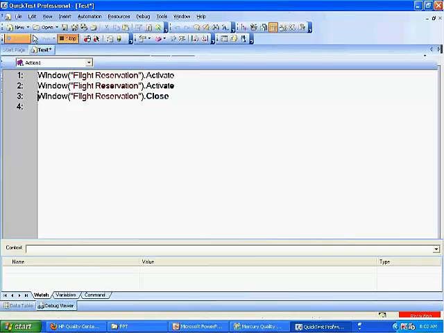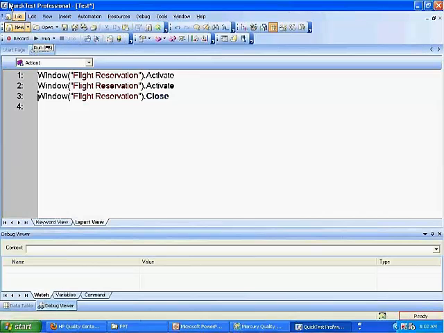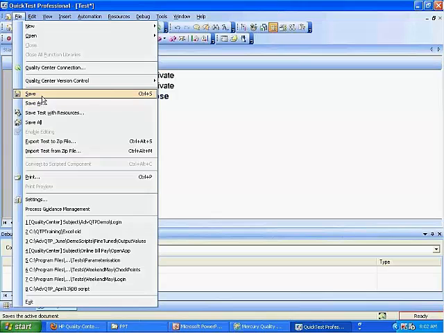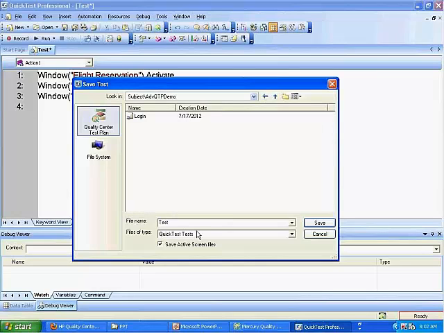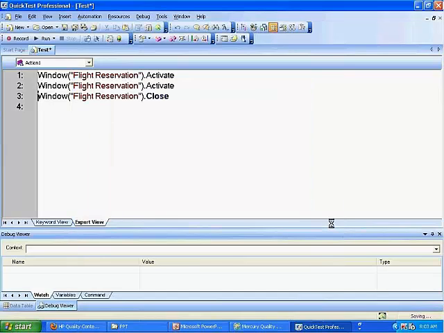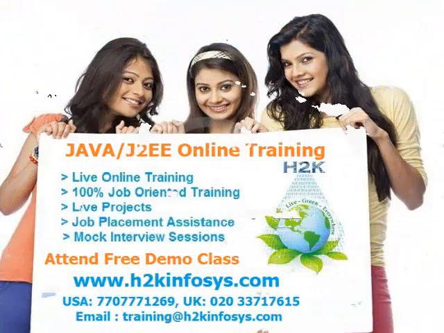All right, so now I should be able to save this script. Again, File, Save. And again, into the same folder, that is Plan Advanced QTP Demo. This one, I name it as, say, close app. So this way, you created two different scripts,